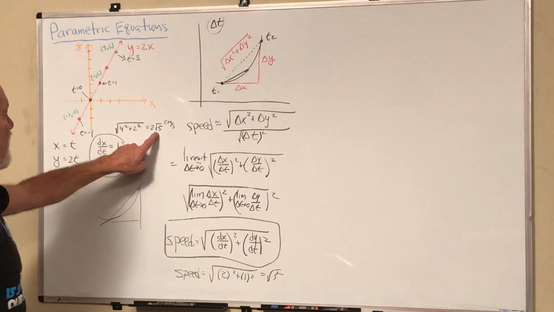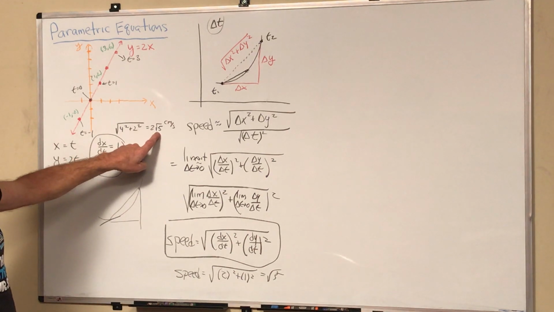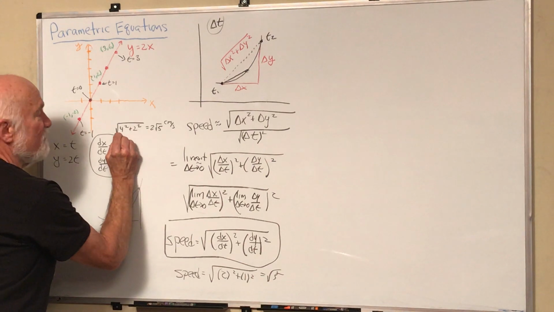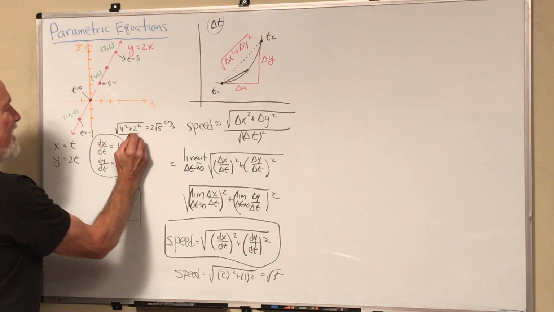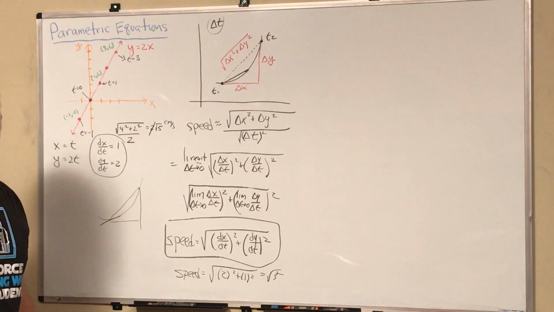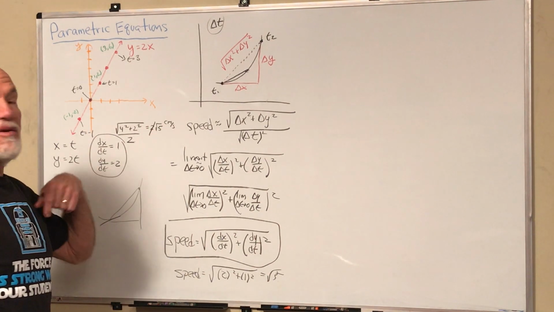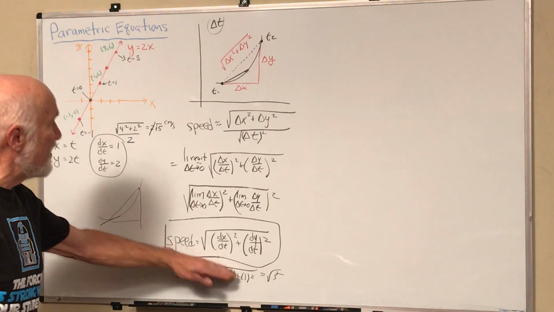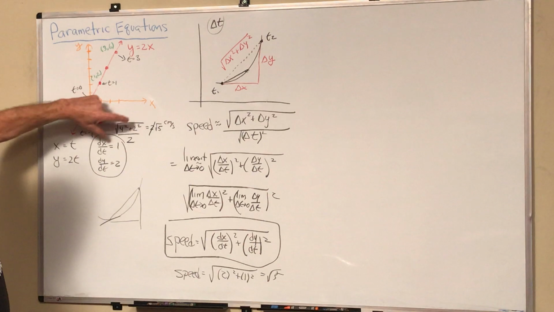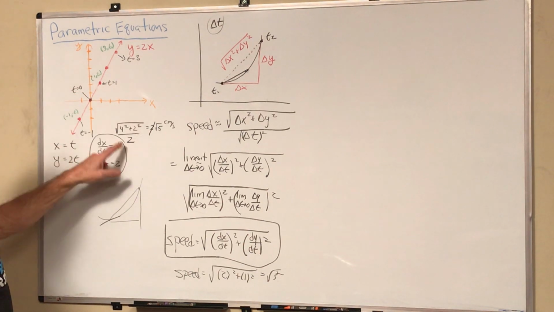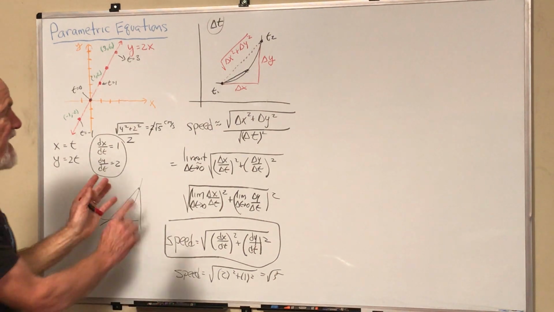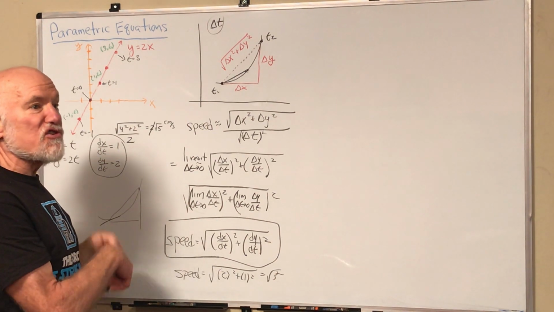Well, that doesn't seem to go along with what we said before. The problem was, before I forgot to divide, that's the distance, I divided by the time. It was 2 seconds, so it really was going at just the square root of 5 centimeters per second. So my formula caught my mistake over here that I forgot. You don't just take the distance, because from this point to this point was 2 seconds. So anyway, now we have a way of doing it when it's not just a straight line.